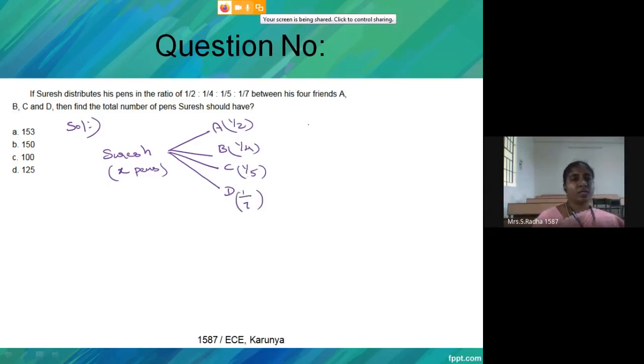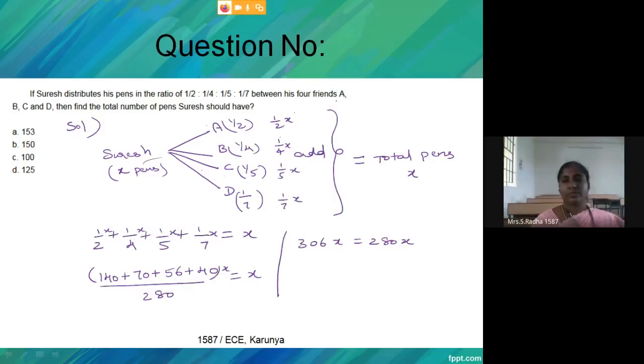Okay. Now what they are asking is, what is the total number of pens? A is to B is to C is to D, they have written 1/2, 1/4, 1/5, 1/7. And they have taken the LCM of all these. You can take 280 or 140. In simplification it will go. So they have taken 140 and it will be 70,